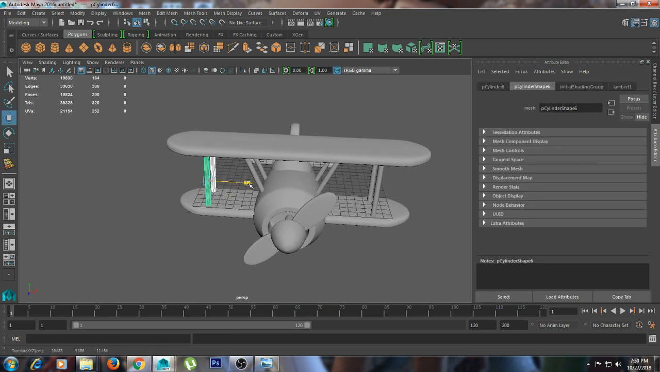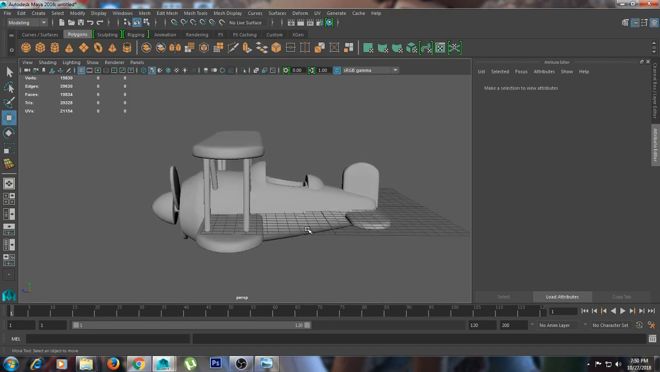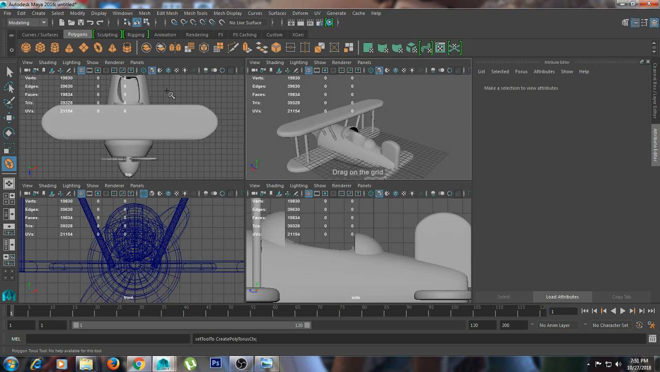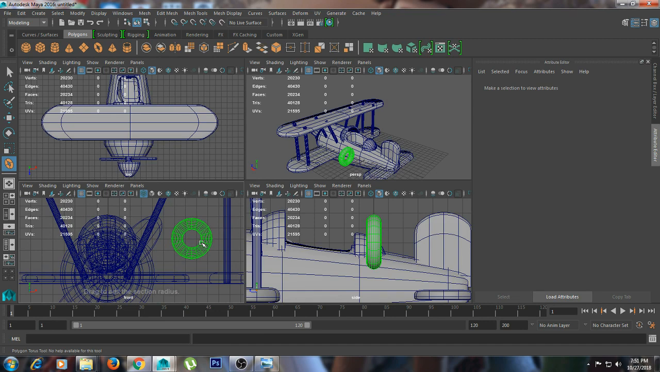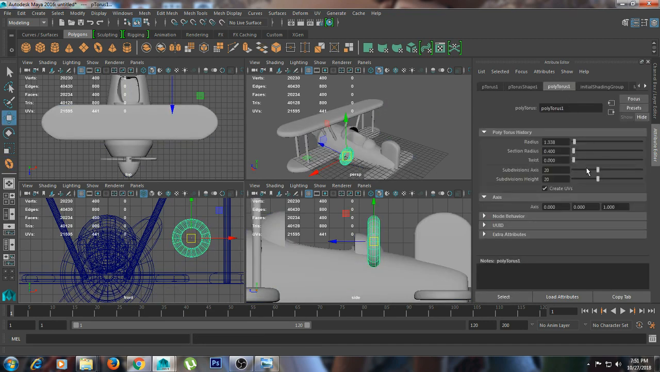Click here. I'm also going to create this handle. For this I'm going to create one simple torus like here. Click and drag here. I'm going to